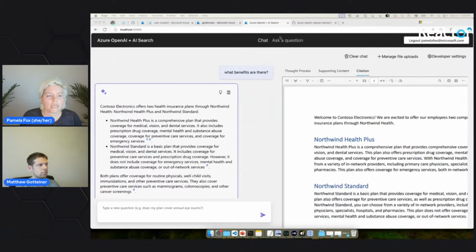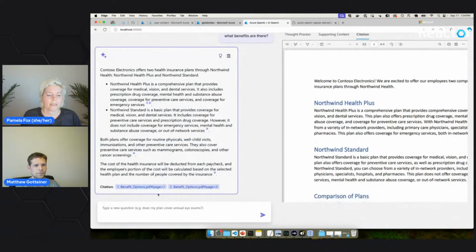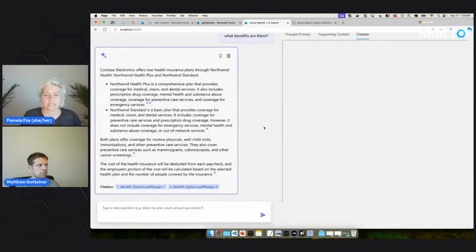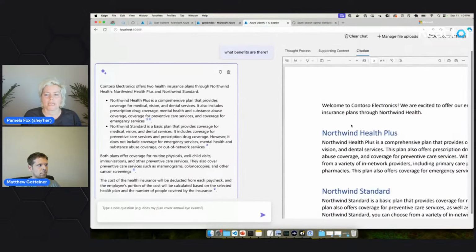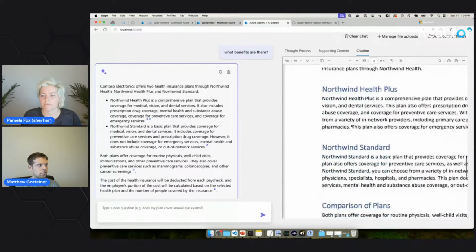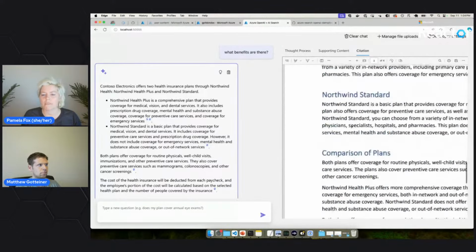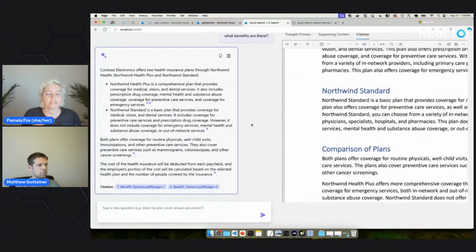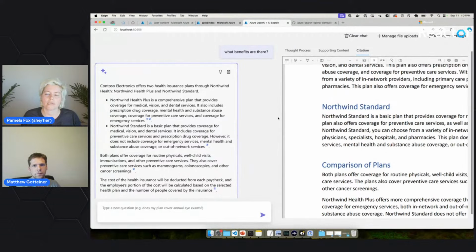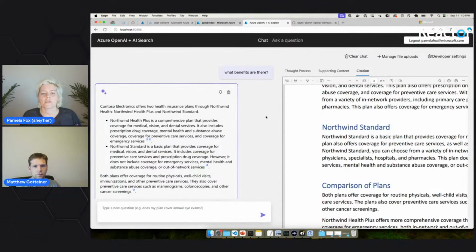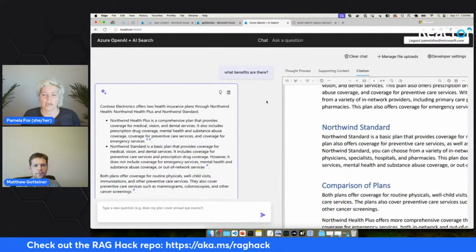But I'll go ahead and show you it. So I've got it running here, right? I ask a question, which benefits are there? And then I can see the citations here, right? I click on a citation and see where the answer came from. I can see it was from page 3 of this PDF. And so I can go and get more information, right? So we get this grounded answer, we get citations, we can go and check and get more information from wherever it got its source. So that is our basic RAG application.